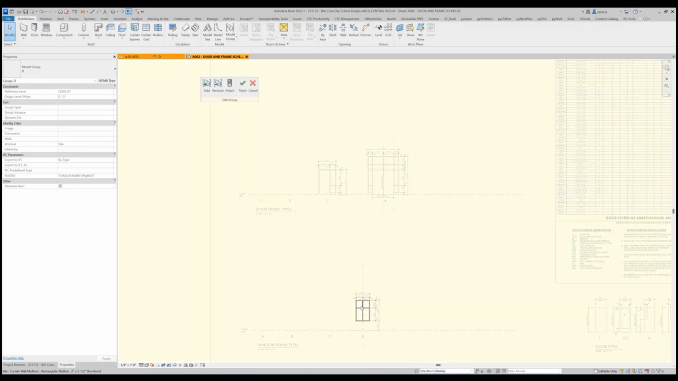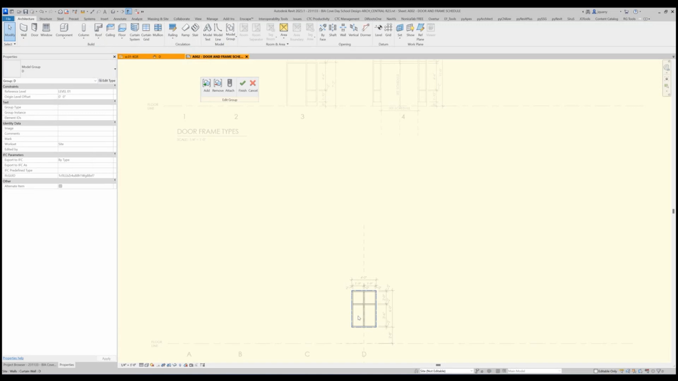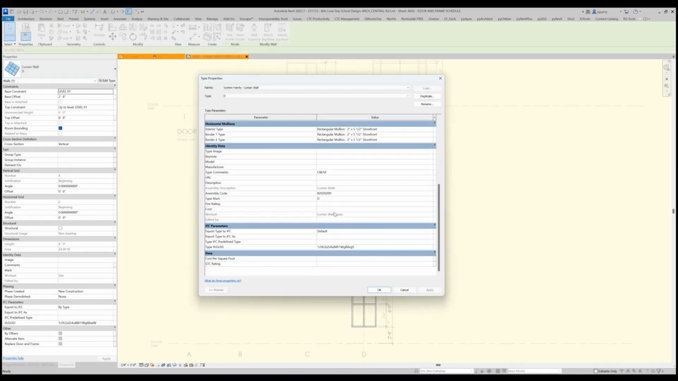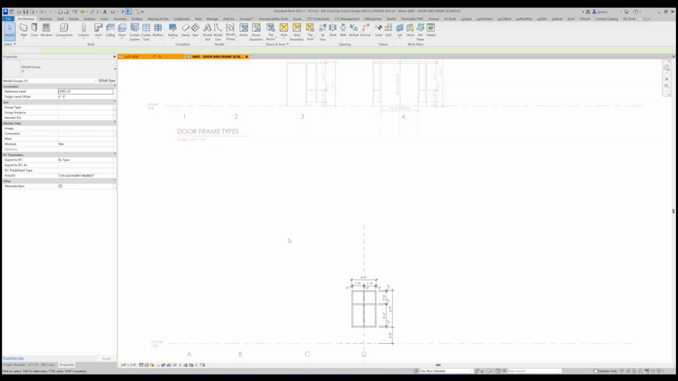So what I do is the actual frame type, that's why I duplicate these, so they can have their own type marks. So that way when you tag them in plan, because your windows you will tag in plan,